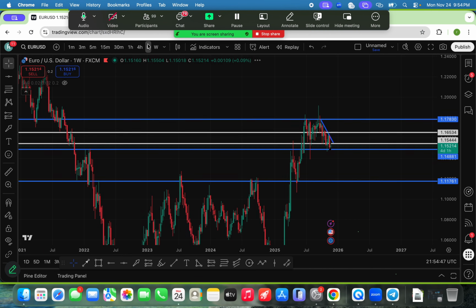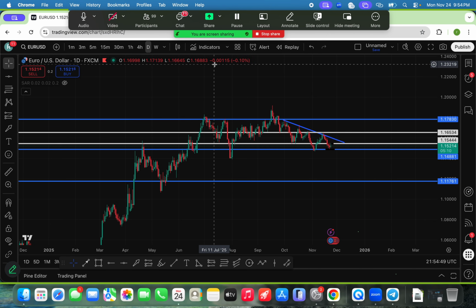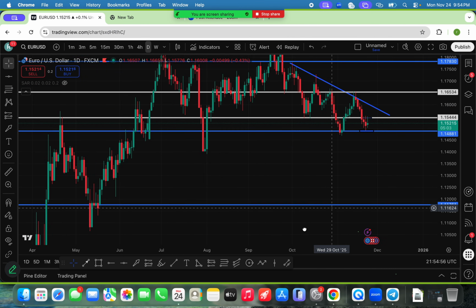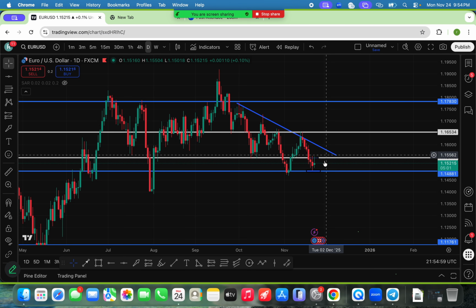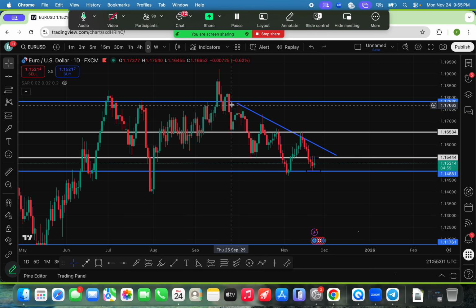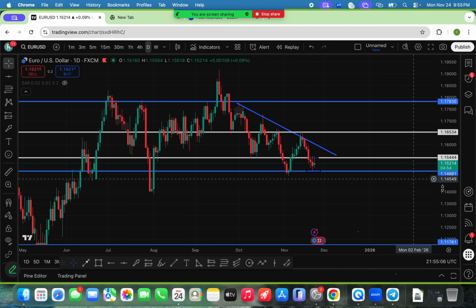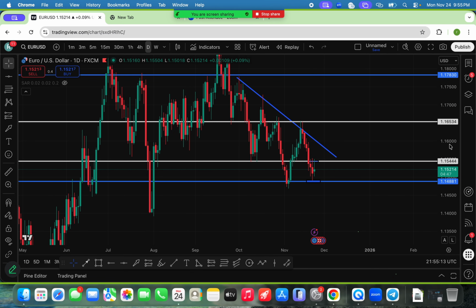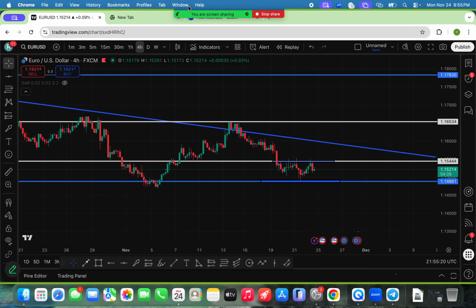After that, what did we do? We went to the daily time frame. What did we do in the daily time frame? We went to find the trend of the market. This is current price. What is it telling us? It's telling us that the current price is bearish. And we got 3 touches on the trend line, which gives us a valid trend line. What makes a trend line or a turning point valid? When it has 2 or more touches. Do you get it? Now you move into the lower time frame, guys.